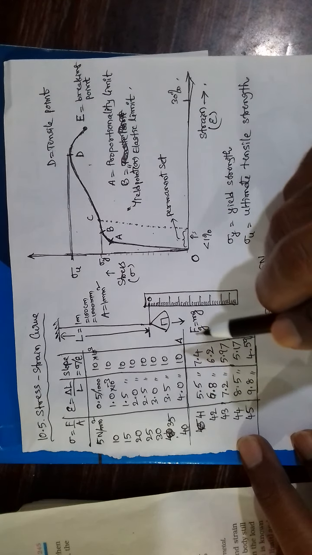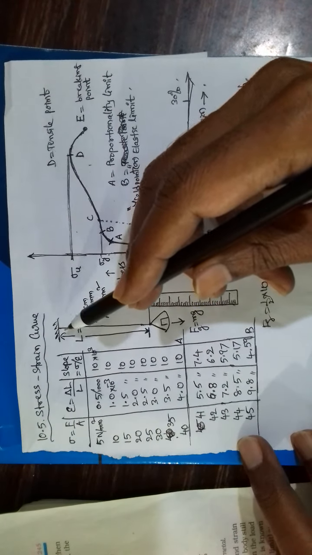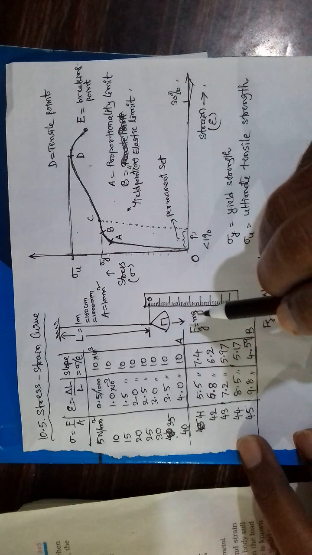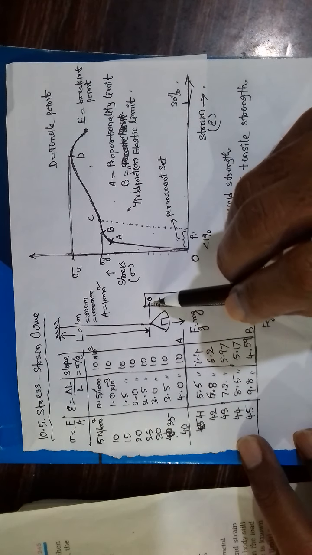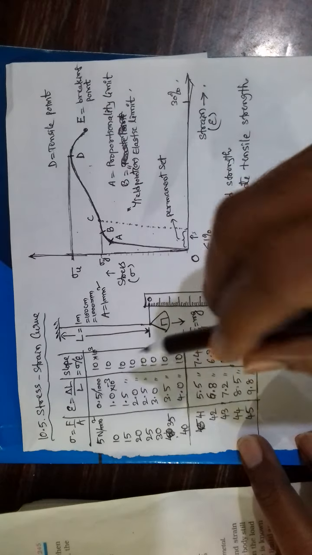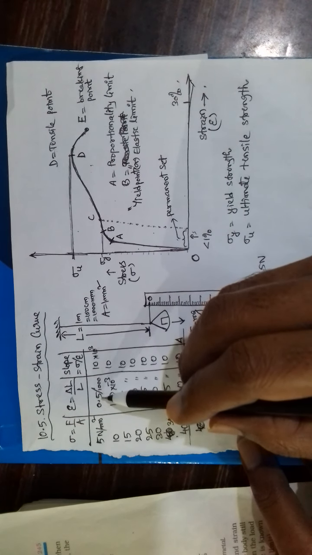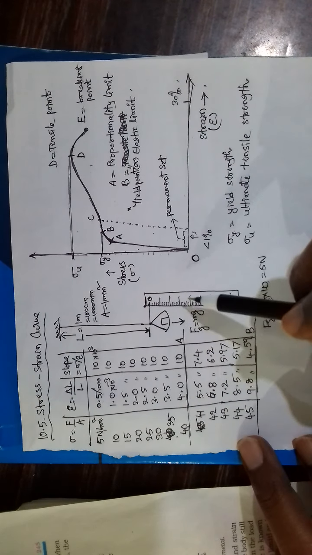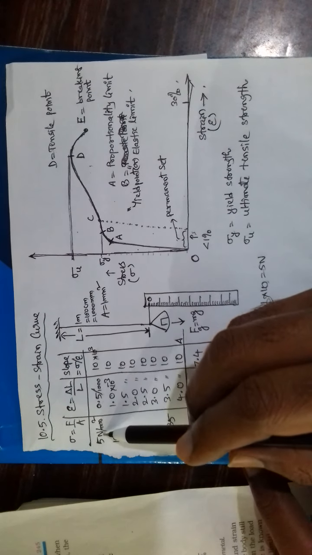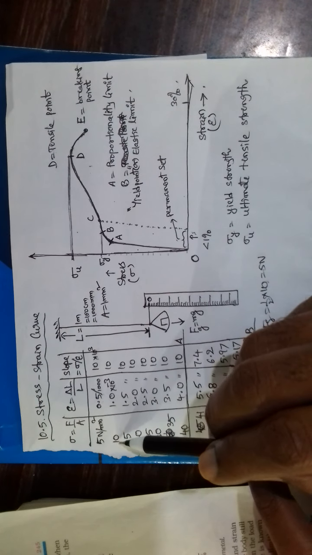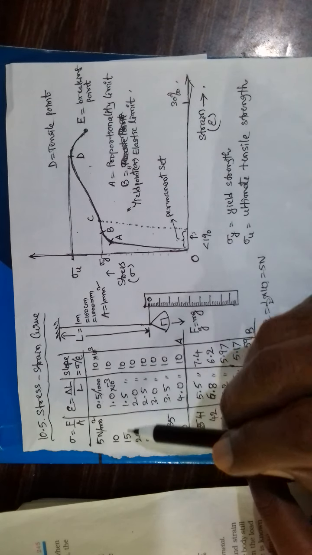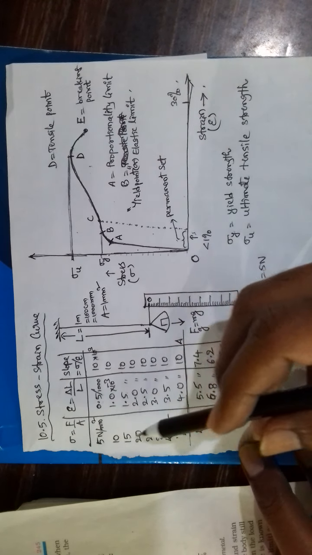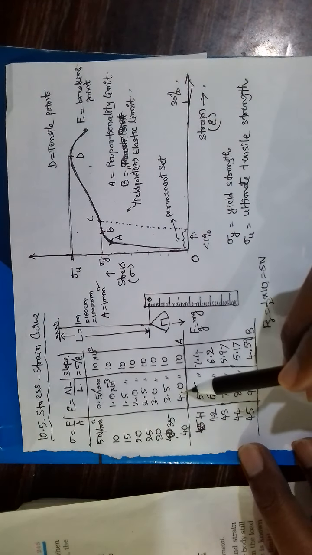Then because of the force the wire is stretched by some amount, and the extension is noted on the scale, and it was half millimeter. So you write here 0.5 mm. Similarly, now you add another half kg. So for 5 newtons, 0.5 mm. For 10 newtons, 1 mm. For 15 newtons, 1.5. For 20 newtons, 2.0. In this way, as you are increasing the stress, the strain is also getting increased.